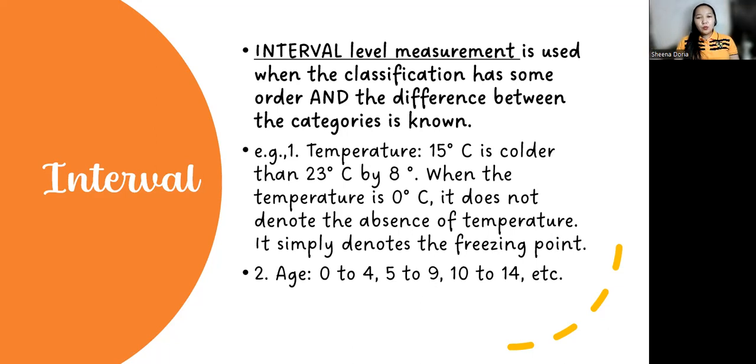So, ibig sabihin nun, when we say 0 degrees Celsius, it doesn't mean na walang temperature. Gets ba? So, kaya siya interval level data kasi wala siyang absolute zero. Okay, such as age. It doesn't mean na zero yung age mo is wala ka ng age. Okay? So, for example, dito sa temperature, if Manila is 30 degrees Celsius and Baguio is 15